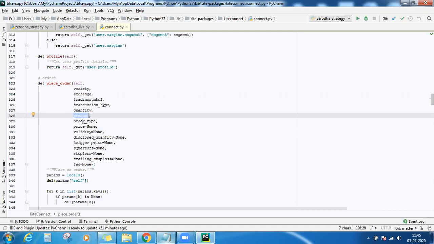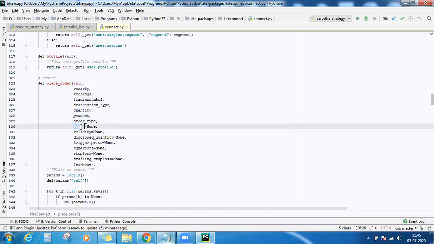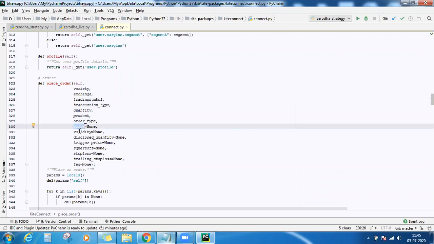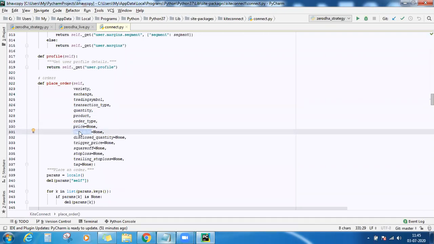Then the order type, and here instead of a market order, if you have given it as a limit order, then you have to mention the price as well. So for that, this is the price. Then validity, good till day or good till cancel, all those things. Normally you will put it as a day. Because this is an intraday order that we want to punch in, as the day ends, we want the order to be cancelled automatically.